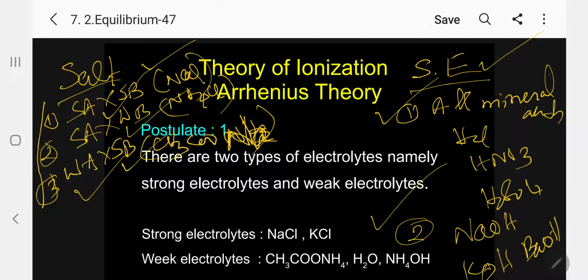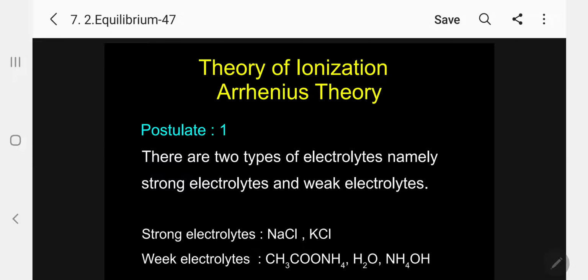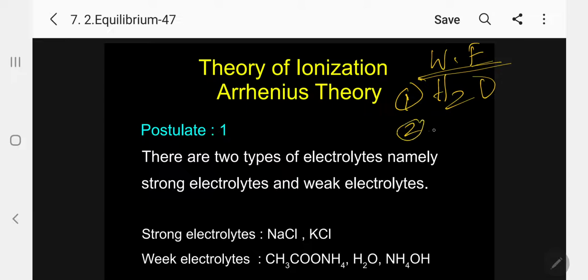What are the weak electrolytes? How can I identify them? Let me come back. One simple example commonly known is water. Another important one is ammonium hydroxide. This is commonly asked, that's why I am giving it first priority. And the third important one I want to give, kindly follow, is ammonium acetate.